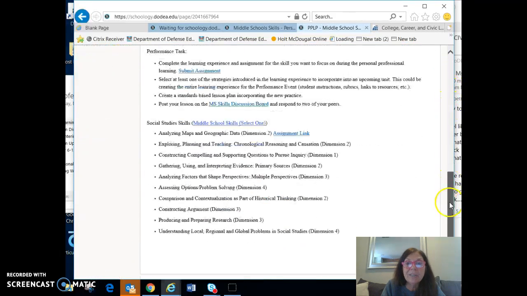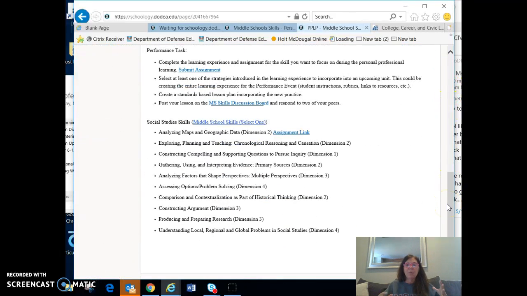Each of these needs an individual assignment that will work the teachers through the actual unit, and then they will complete the performance task, which is making a lesson plan or creating the performance assessment or something like that, but they're listed above under the performance task. But here's what I'm hoping I can get you guys to help me with. So if you click on this assignment link,